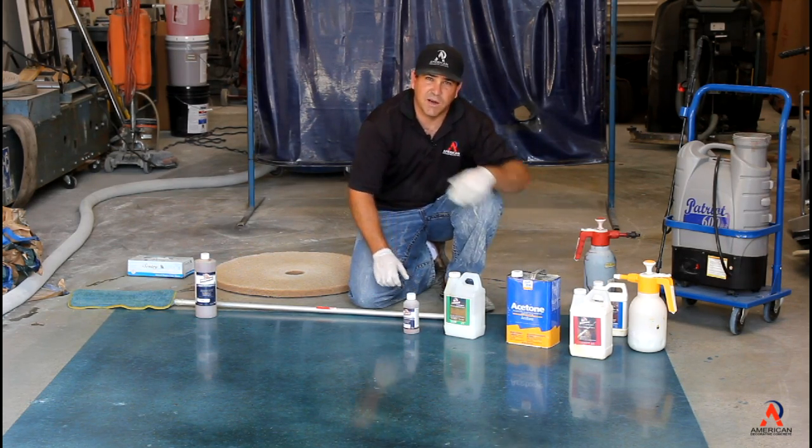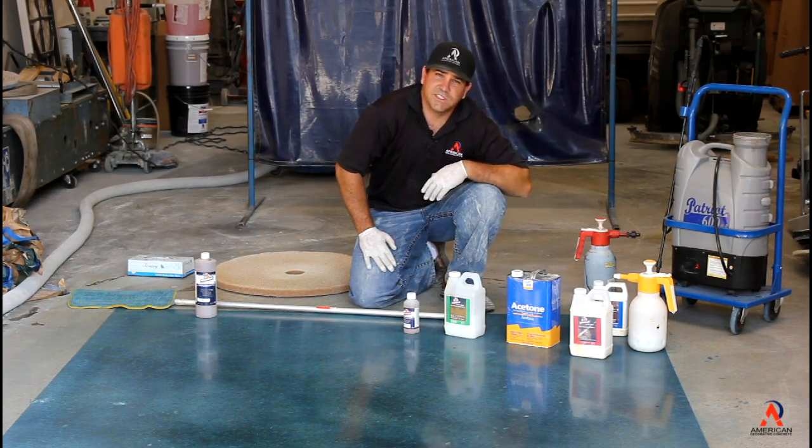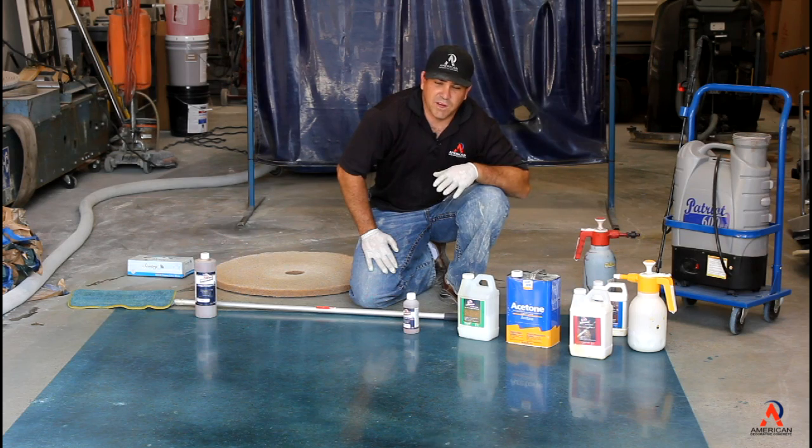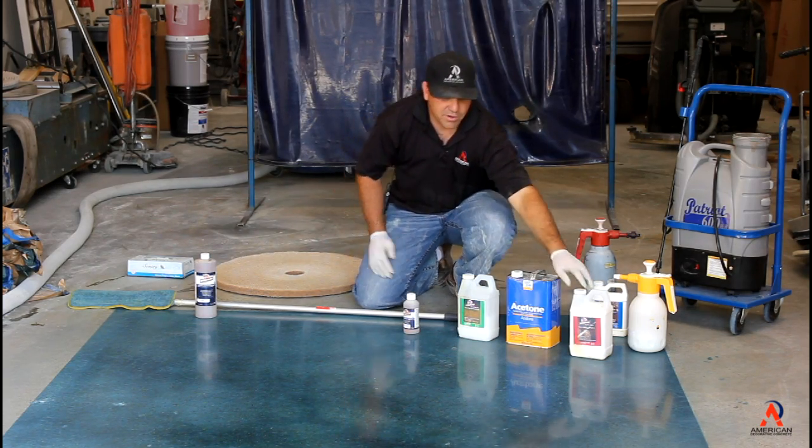Let that set for 3 hours, put it down. As soon as that was done, clean up the residual dye, apply the Sherlock Densifier. As soon as that was dry, we went ahead and did 800, 1500, and 3000. After 3000, we went ahead and auto scrubbed the floor, and now we're going to go ahead and put our